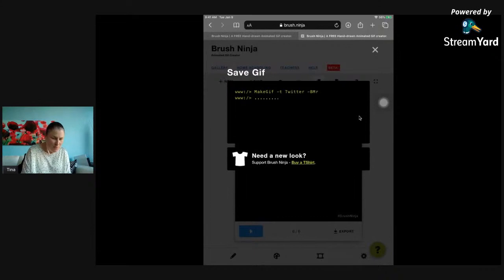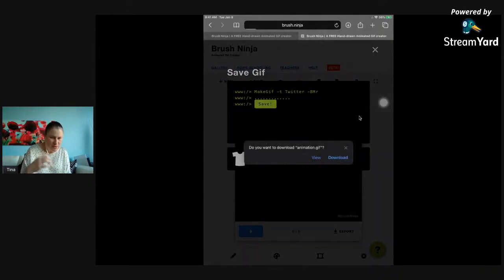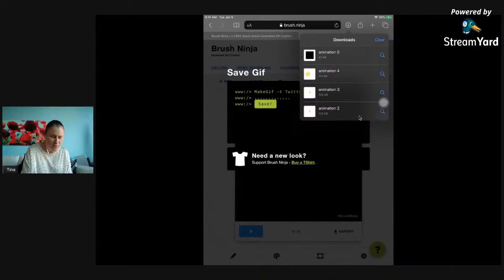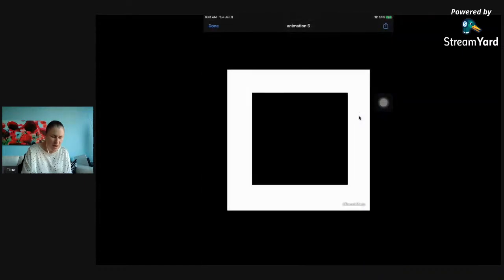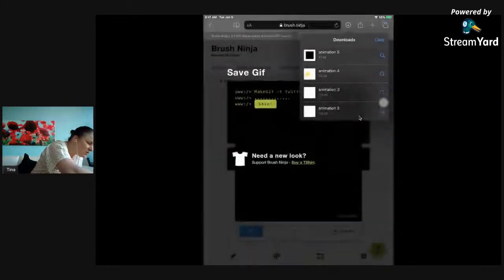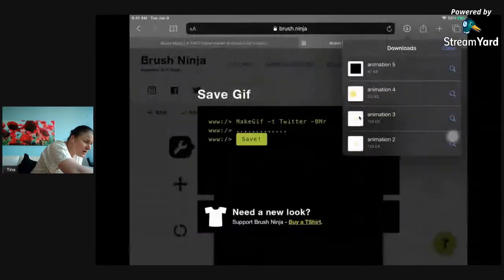It's actually going to come do the processing online, and we have to hit save. So it's not actually on my device yet. I'm going to download. If you're on an iPad, it was a little weird. I had to actually go to downloads. So at the top of my toolbar, I have this little circle with an arrow pointing down. It shows me all of my downloads. And that then allows me to save image. If you're on a computer, it should just save right to your